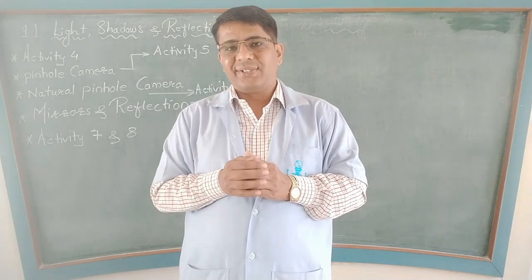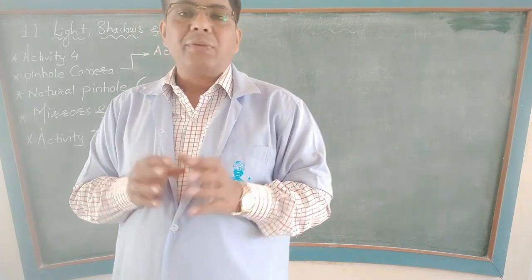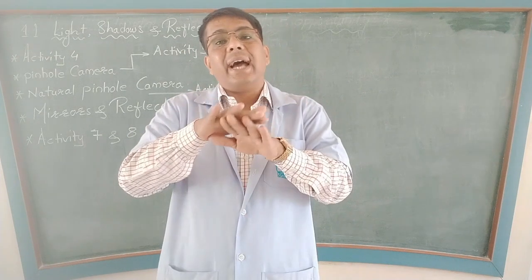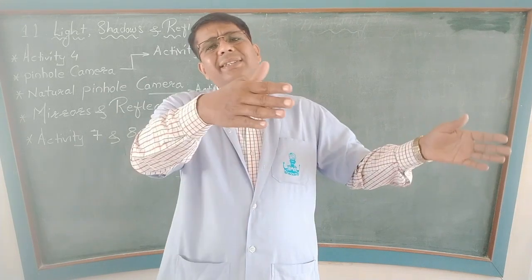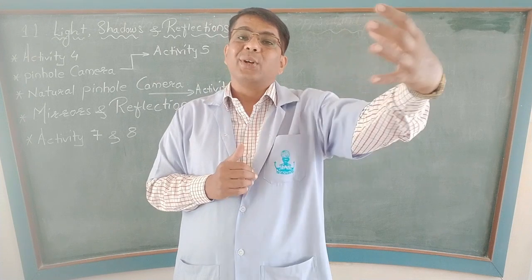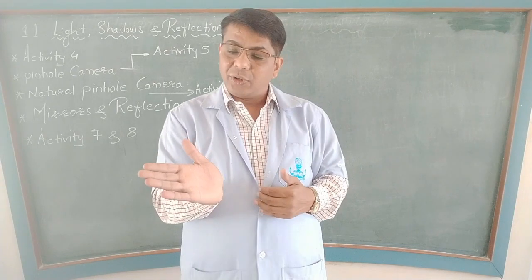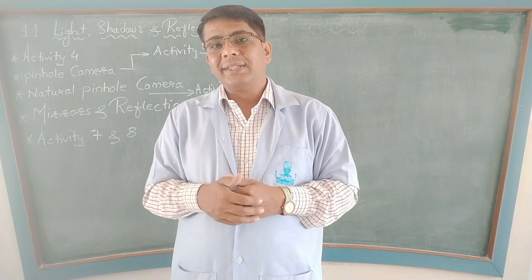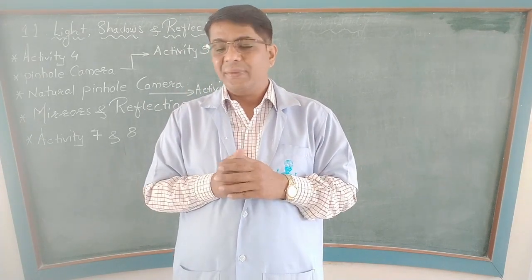That's what this activity suggests. Now, the last activity from this is that you have to fix a comb on a thermocol, and have a dark paper, fix it on that thermocol and hold it in the sunlight, or you can have a torch light. Focus it on that comb, and that light will now try to focus it on the mirror and see the reflection. That suggests, from this reflection you will come to know light travels in a straight line.